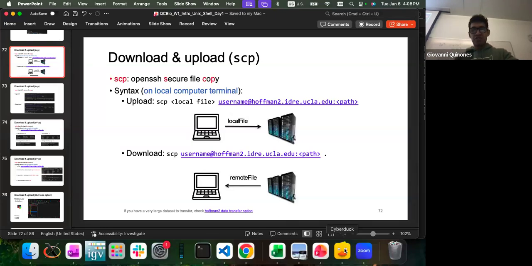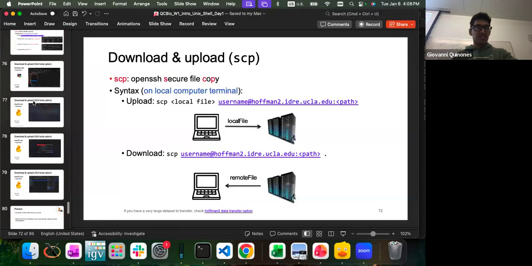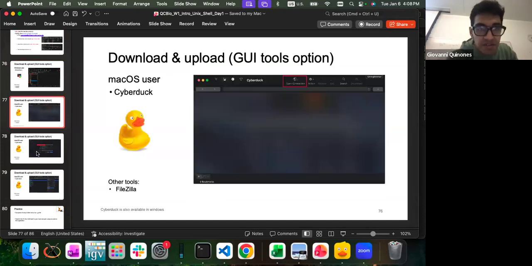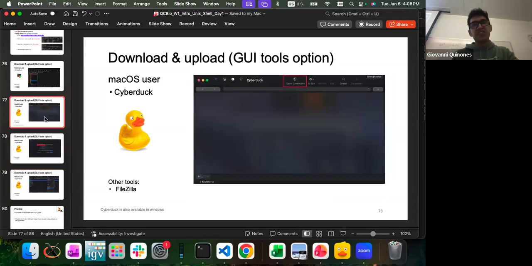By tomorrow, make sure you have Cyberduck installed. This program over here. The instructions to install that are on the slides too, I believe. The installation is fairly straightforward. You just Google Cyberduck and install it, like you would install anything else. But once you have Cyberduck, here you have instructions on how to connect it to Hoffman. So before tomorrow's session, just make sure you have this installed, and we're going to do some quick exercises about file transfer.